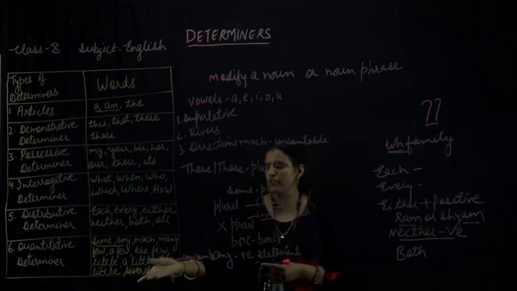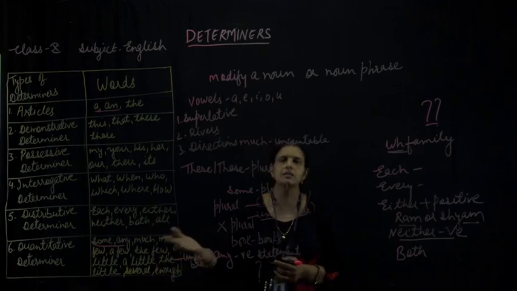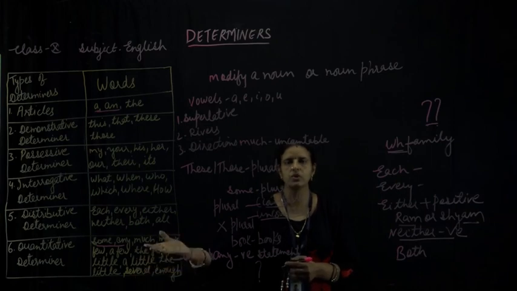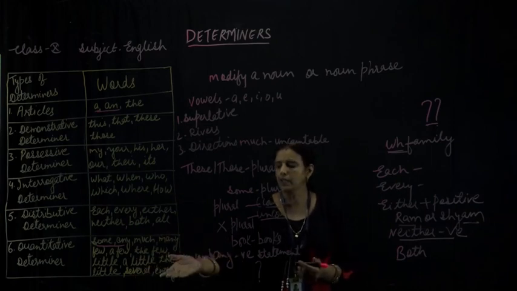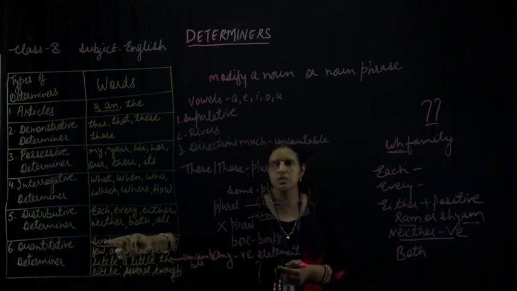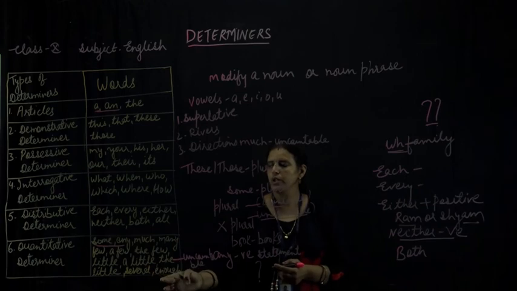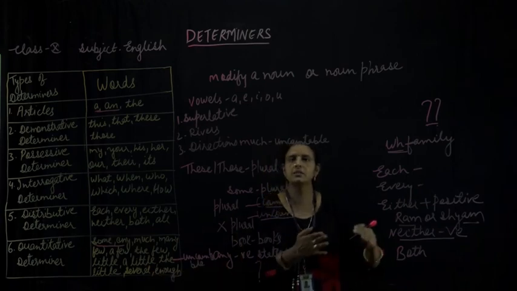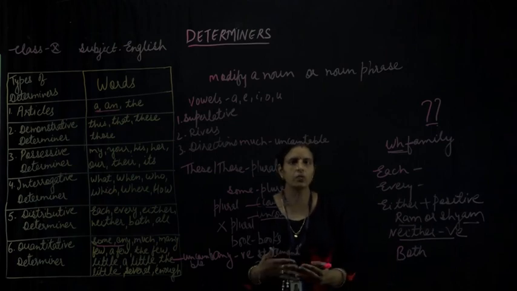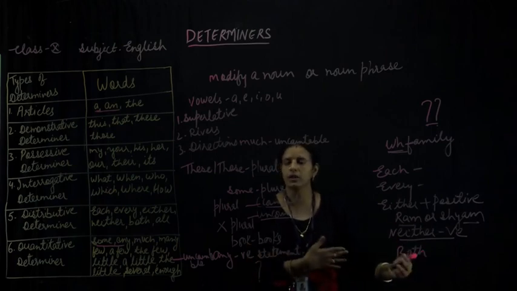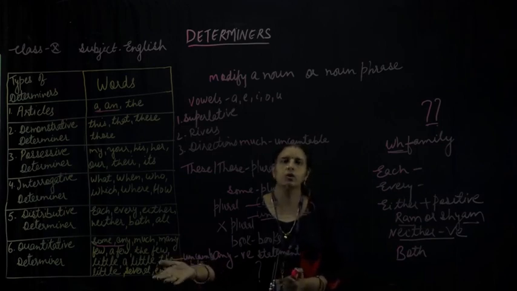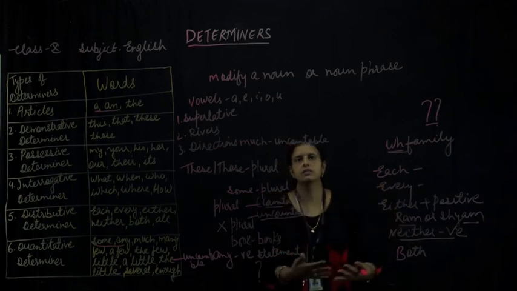And the last are "several" and "enough". "Several" is used with countable nouns and shows a large number, and "enough" we can use with uncountable as well as countable nouns, like we use "some". The way we are using "some", we can use "enough" also. Like there is enough rice in the plate, and rice is an uncountable noun. We can't count rice. There is enough tea in the pot. It means that we can use it with uncountable nouns as well as countable nouns. Enough sugar is there in the pot.